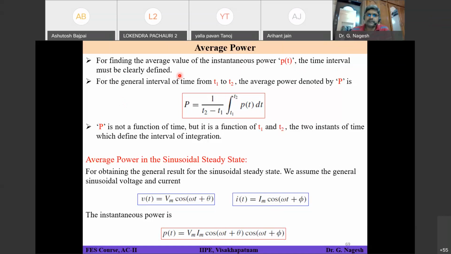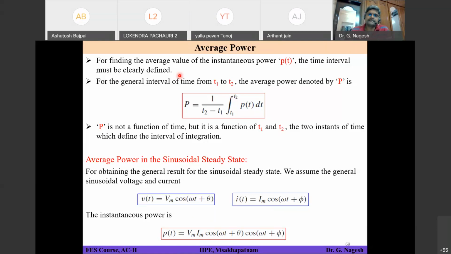But there is another term called average power. This is more important for us than instantaneous power. This average power will actually determine how much heat is generated if it's a resistor. So average power is more important than instantaneous power,